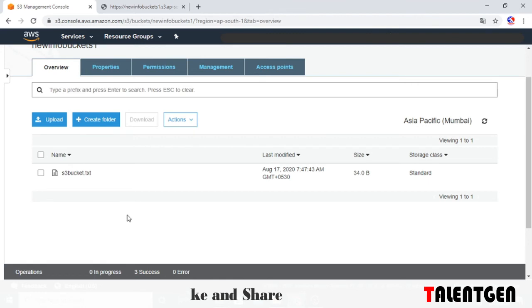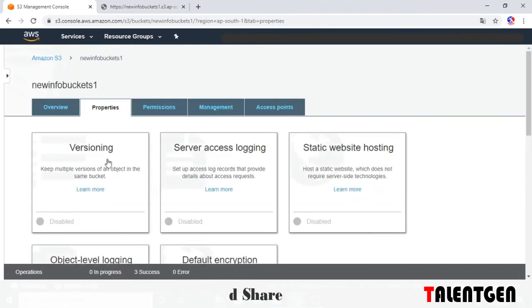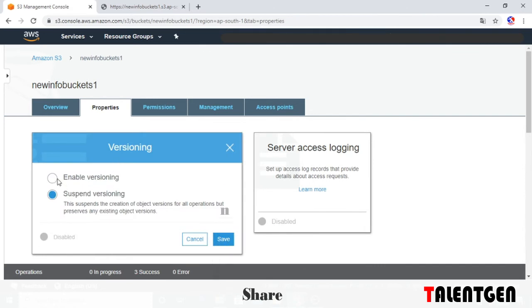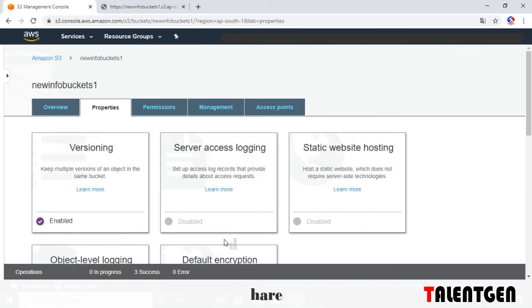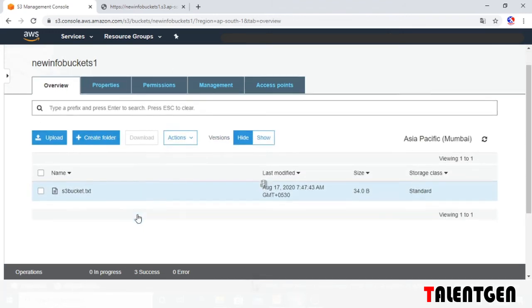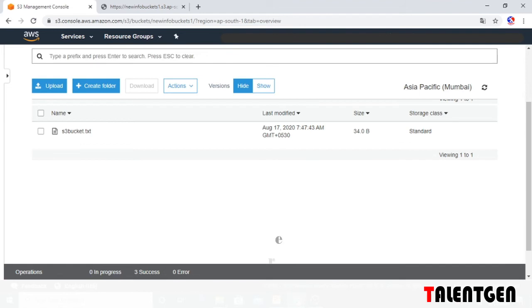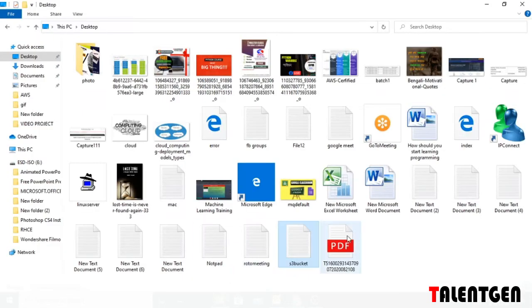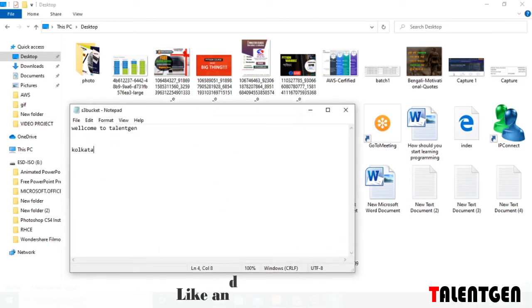Now again we want to enable the versioning feature. Going to the properties section and enabling the versioning feature. Enable, just save it. Back to the overview options. Now again upload this file and write some words, the online training session.